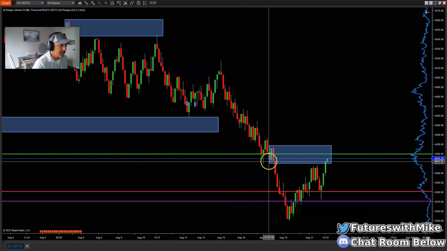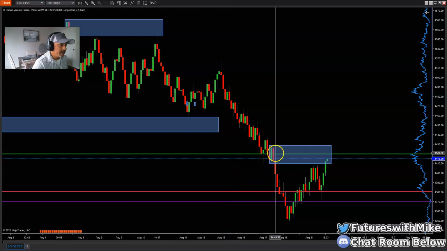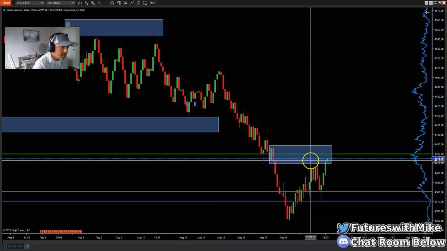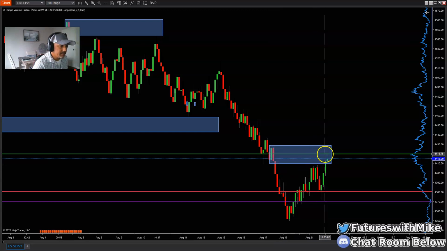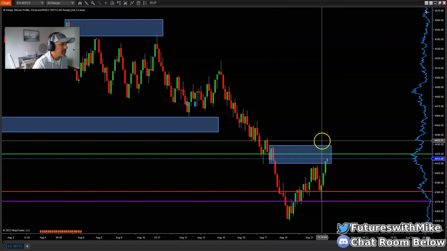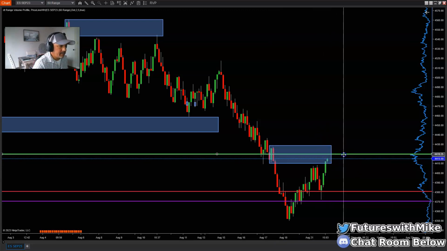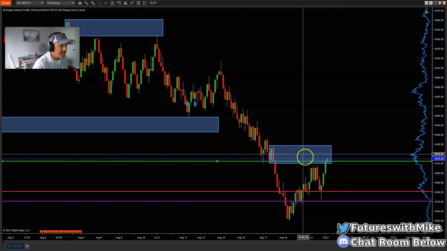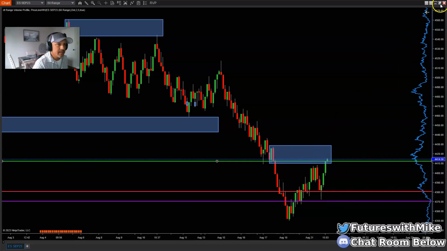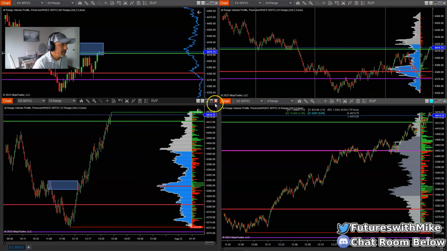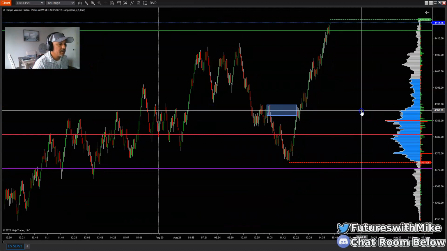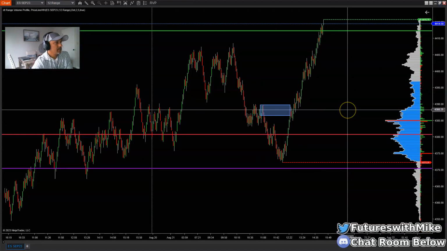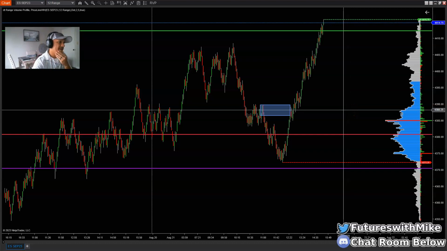Let's see. As you can see right here, this is an area of supply. Price is tapping into it now as we speak. Supply zone. So let me move this green line because actually the area was right here. I think I moved it to draw this box. Okay, so anyways, let's take a look at the 12 range chart. Okay, so we are in that zone, and